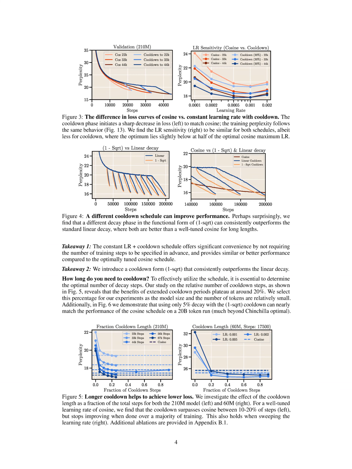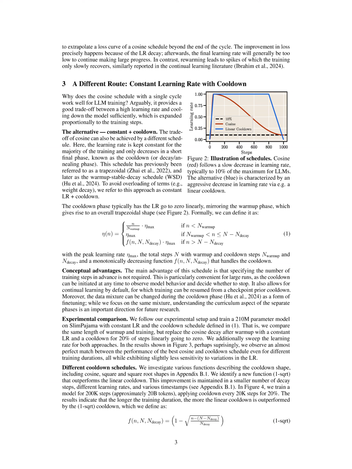The theoretical benefits of using the constant learning rate with cooldown approach over the cosine schedule in terms of flexibility and performance are significant. Firstly, the constant learning rate with cooldown schedule does not require the number of training steps to be specified in advance, providing more flexibility during training. This allows for the cooldown phase to be initiated at any time to observe model behavior and make decisions, enabling continual learning without the need to restart training from scratch.